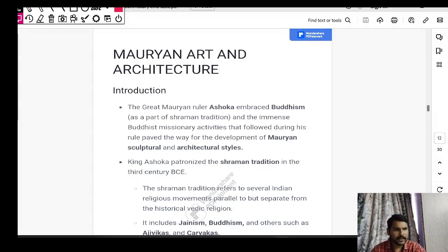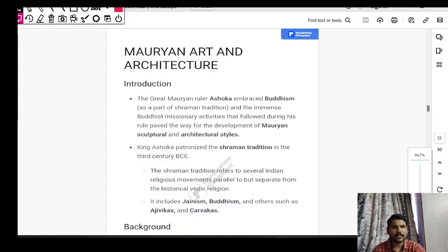Another important thing is the art and architecture of the Mauryan Empire, which is very important. After Ashoka embraced Buddhism, you can see a lot of Buddhist influence in the art and architecture also. He also patronized the Shramana tradition in the 3rd century, which refers to several Indian